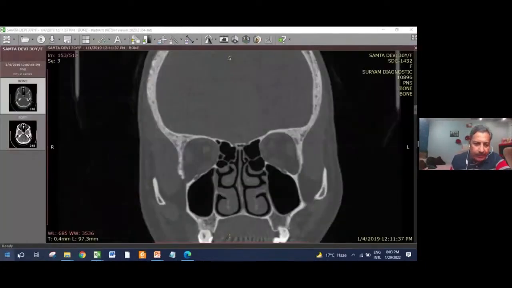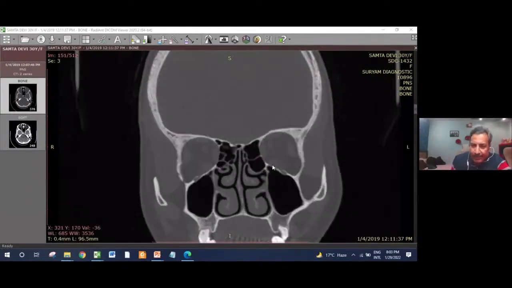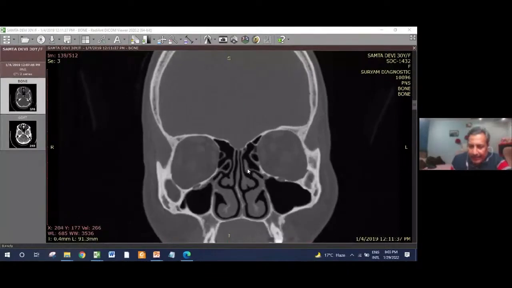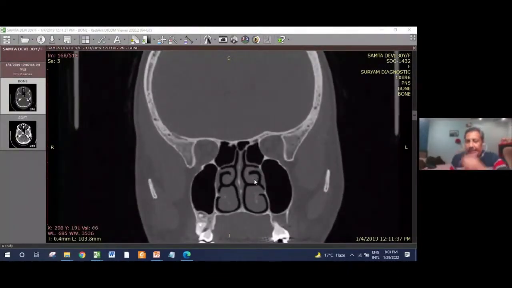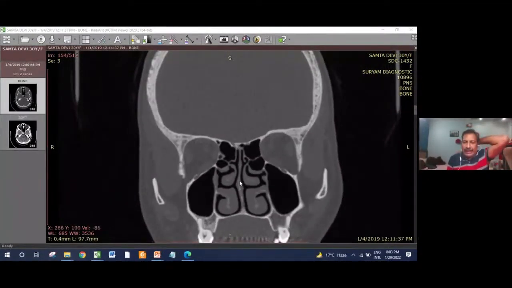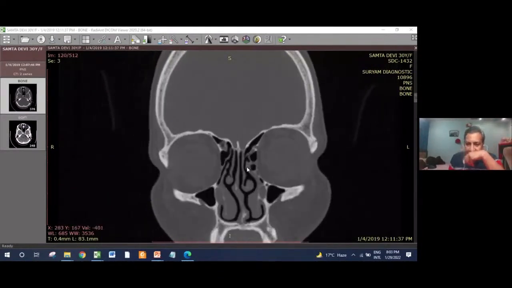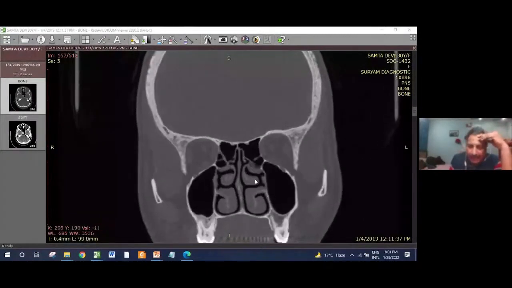Got my point? So we must take the multiple planes in consideration to see all anatomical details in that particular region. So this is about the middle turbinate, first part, then the second part, and then as you go behind, this is the third part of the middle turbinate. The first part lies in the sagittal plane, the second in the coronal plane, and the third part as you go behind, see this,